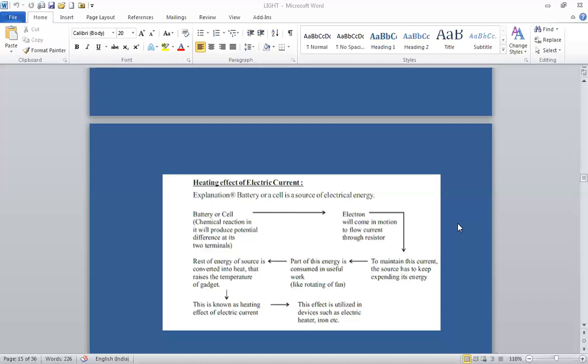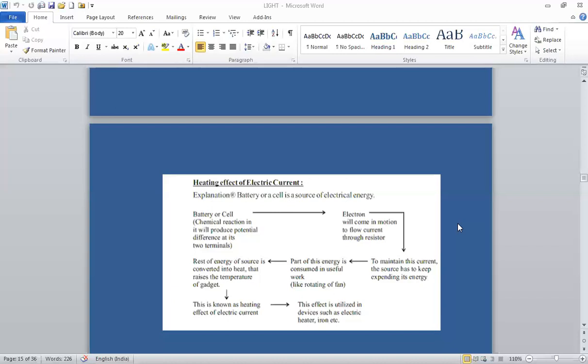Thus, the kinetic energy of the atoms increases and they begin to vibrate vigorously. Atoms dissipate their kinetic energy in the form of heat. They lose their kinetic energy in the form of heat to the surroundings. Therefore,